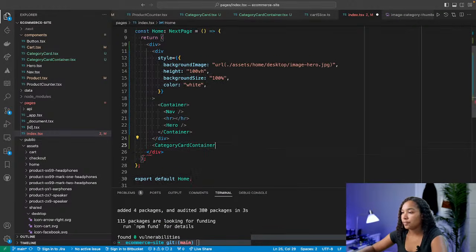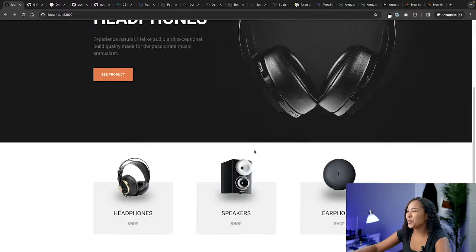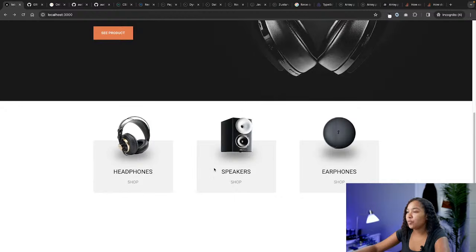Oops, container. Awesome. Cool. And so the page should look exactly the same. Awesome. So we know it's working well. Cool. So let's move to the next